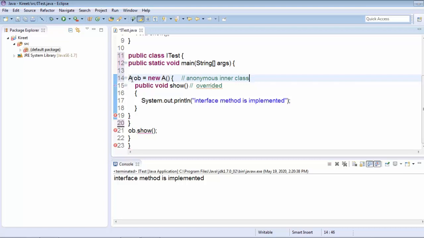This a can be an interface, an abstract class, or a concrete class. So it can be replaced by an interface, as in our example, or by an abstract class or a concrete class. This anonymous inner class can also be taken as an argument for a constructor of any listener.